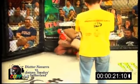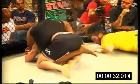Looking for the head throw. He's got it. Anthony could possibly get the back here. Might pop out. He's on top. He's on top with the rear naked choke. The Cuban's on bottom. Anthony Sutherland